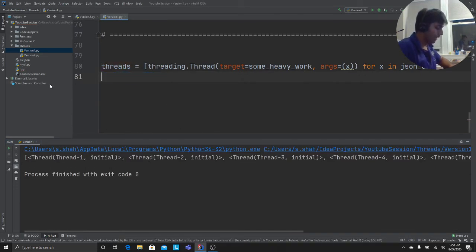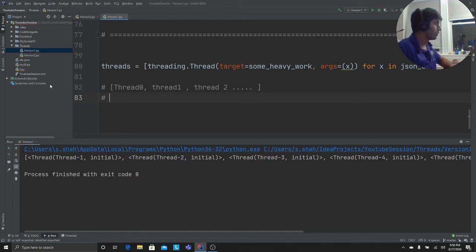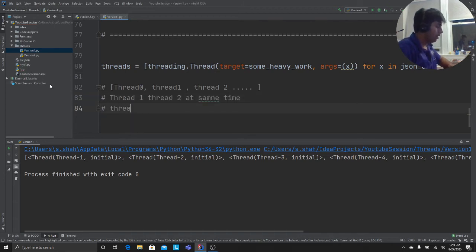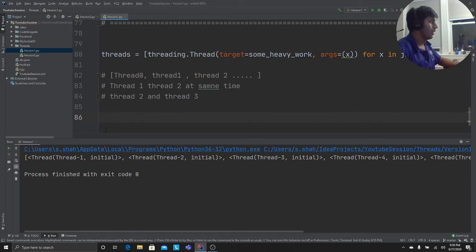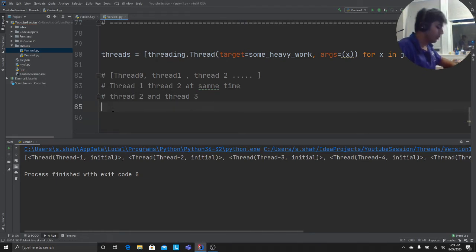Now what we want to do, guys, is basically we want to do a formula, a mathematical equation. So you know this is an array, right? I'm gonna show you. Okay, hold on. This is thread 0, thread 1, and thread 2, and so on. What I'm proposing is that the first time we launch thread 1 and thread 2 at the same time, so process those. Second time do thread 2 and thread 3. So basically keep processing batches of threads. Now how do I do that? So basically we have to develop a mathematical equation. It's very simple, it's not that complicated.